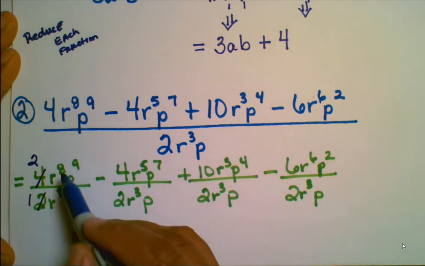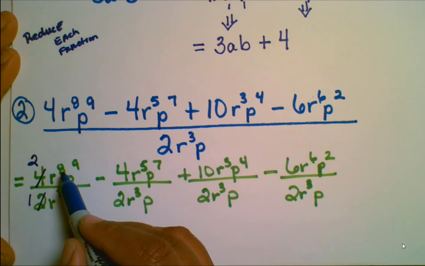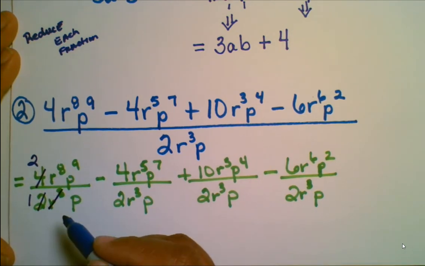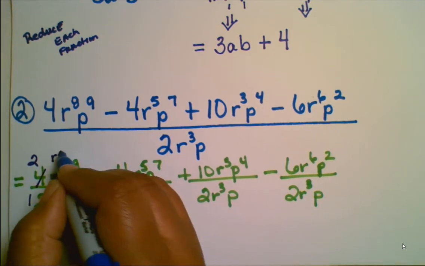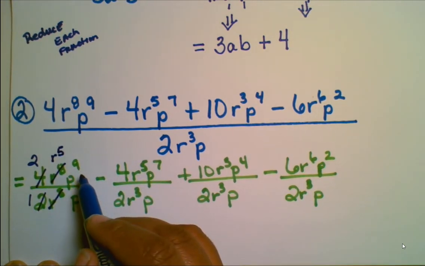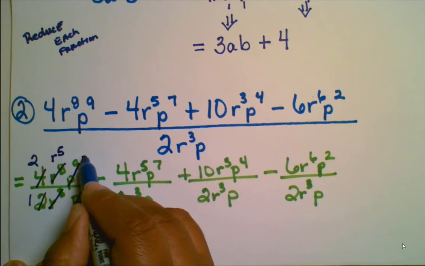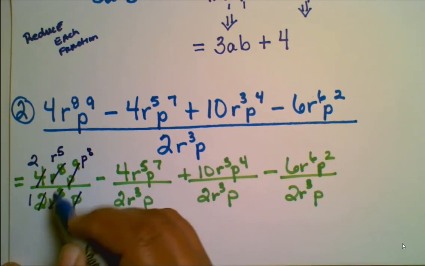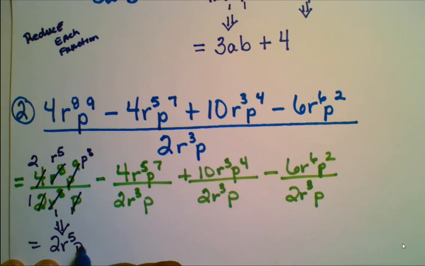Let's look at our base r. We have r to the 8th over r cubed. We have the most r's in the numerator, so that's where we're going to place our answer. We're going to subtract 3 r's from 8. We have r to the 5th power. Our p's, we have the greatest amount of p's in the numerator, so we're going to subtract a p from p to the ninth, we have p to the 8th. So our first term is 2r to the 5th, p to the 8th,